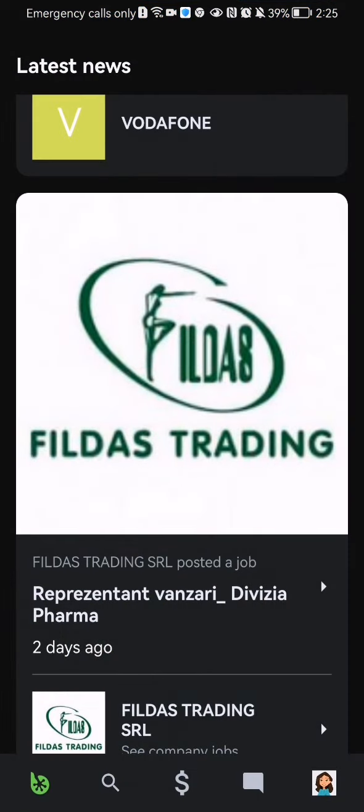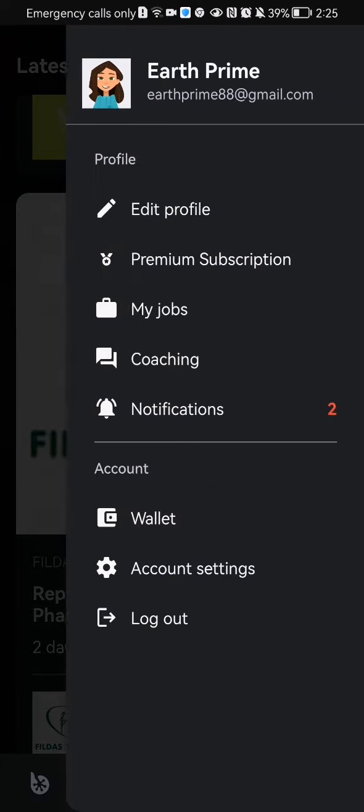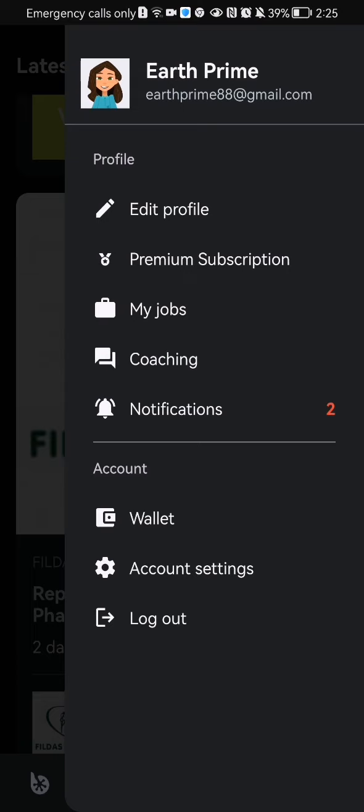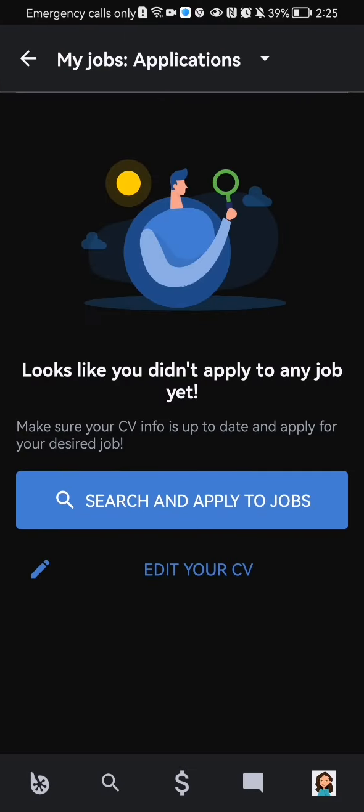Once you're done with that and you're in the home page, you should look at the bottom of your right corner and there you will see a profile. Press on it. And here in this page you should just select the third option, which is My Jobs. And here in this page you will be able to see all your jobs that you have applied to,